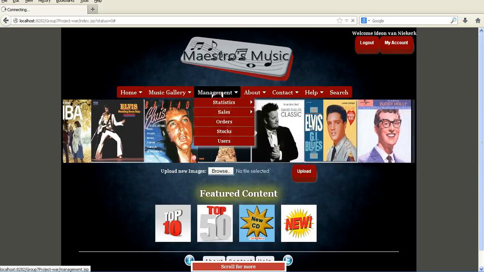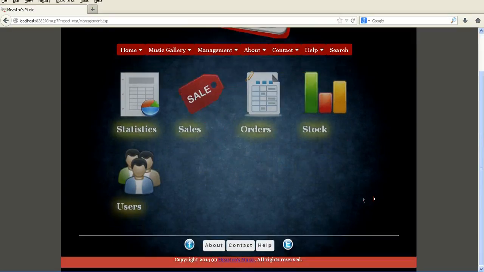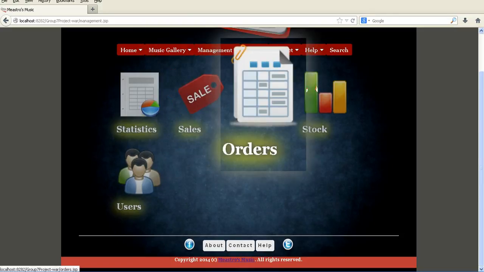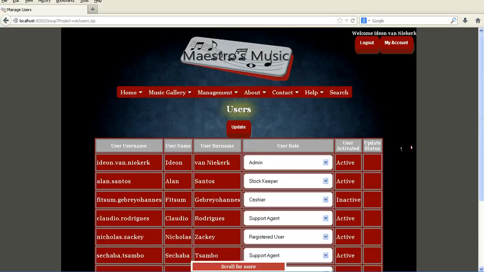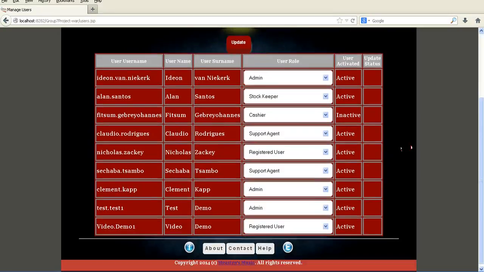Firstly, I'll go to the management sub menu. If I go to the management sub menu, I will see that there is a variety of management functions such as statistics, sales, orders, stocks, and users. For this demo, I'll go into the users tab, and in the users option it will show all the users registered on the system. As you can see down below,